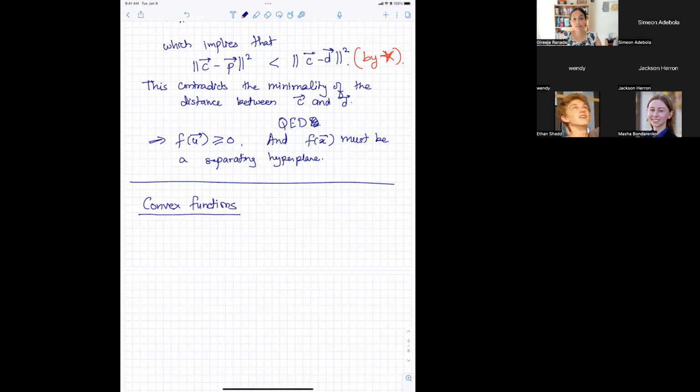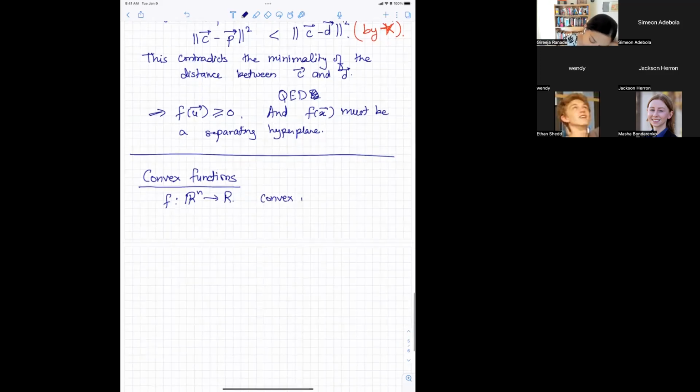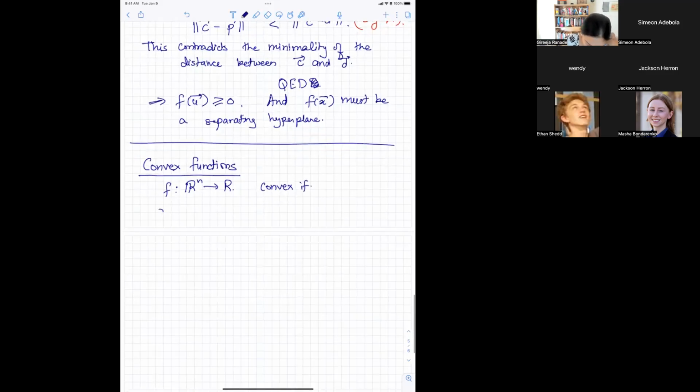We talked about convex sets. We talked about the separating hyperplane theorem, which is going to get used in a couple of lectures from now, but we're proving it today. And now we're going to start considering the case of these functions. Let's say f is a function from R^n into R. And f is called convex if the domain of f is a convex set